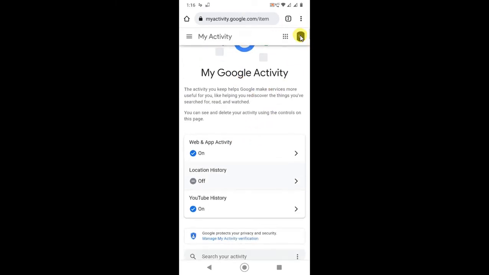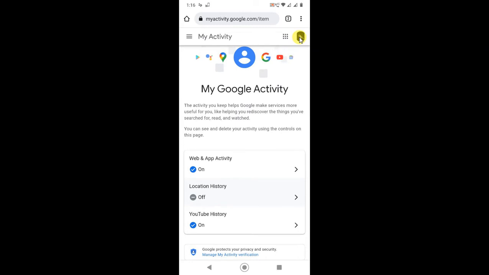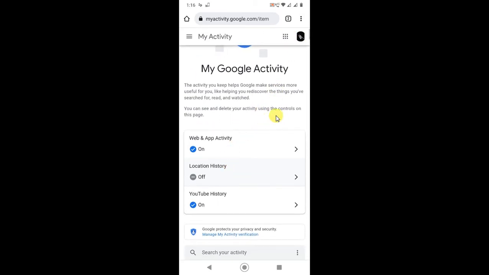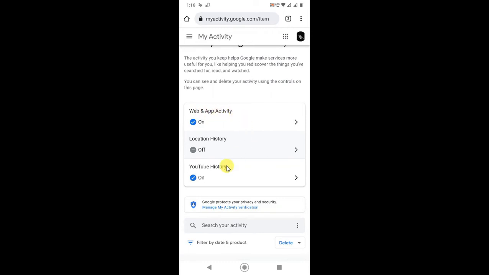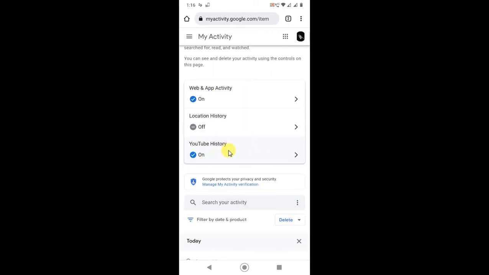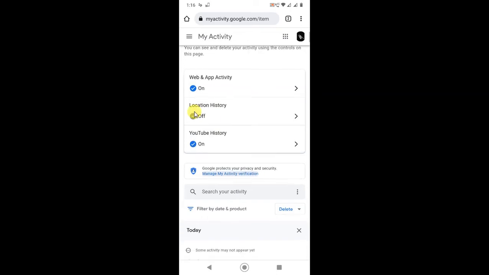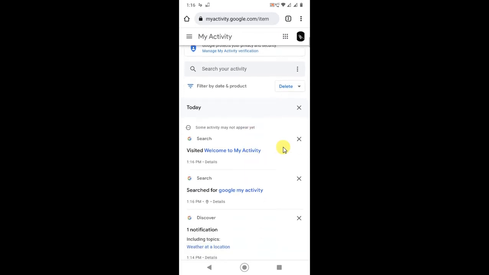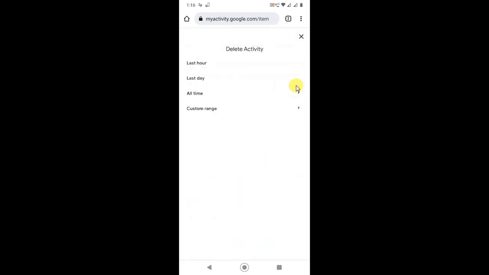You have to check whether the email ID is the same or not, because if you have logged in with more than one email ID on your device, every email ID has different activities. Here you can see there are three types of history: web or app activity, location history, and YouTube search history. You can turn the history on or off, like location history and YouTube history, and you can turn off every history from here. You can delete one by one, or just click on delete,